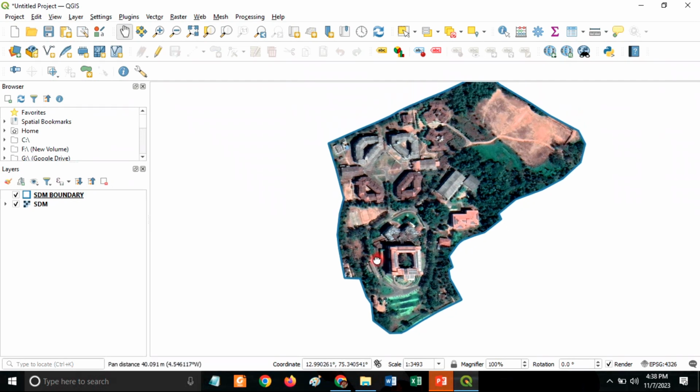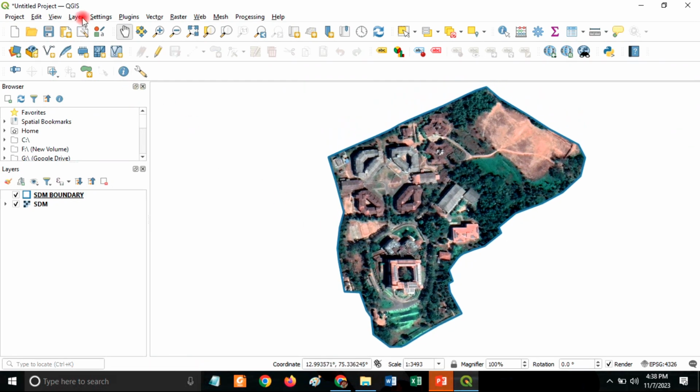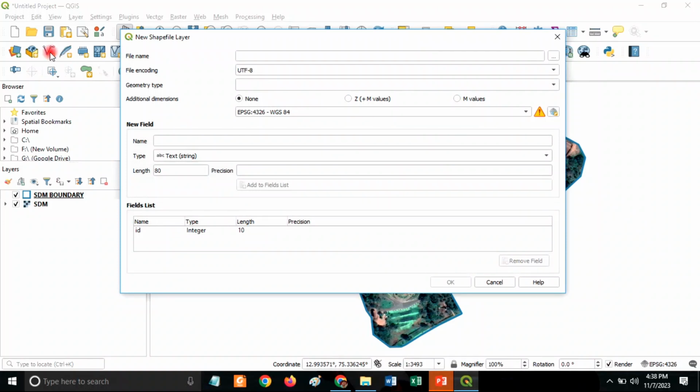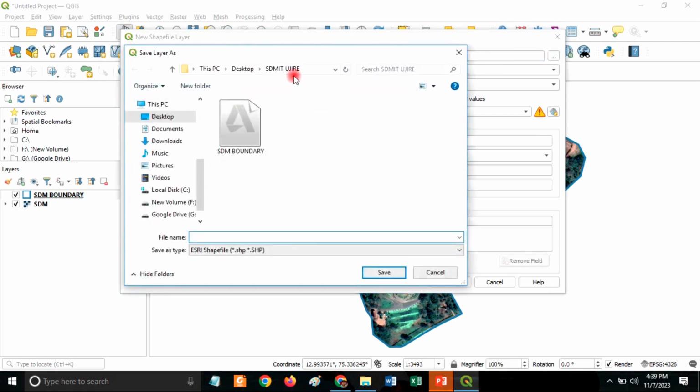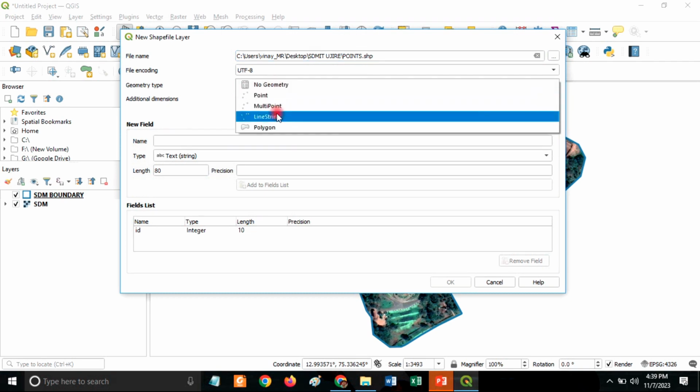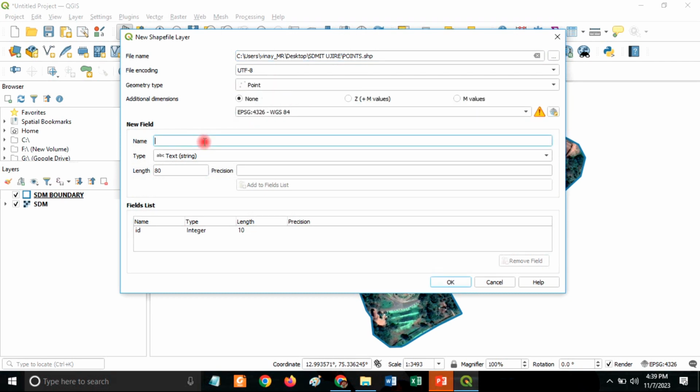To create those layers, I need to go to the Layer option. In that, Create Layer, New Shapefile Layer, or you have the shortcut key over here. You just click on that, and the same window will come up. Then you can go to the file name, click the three dots, and save in the SDMIT folder as points, and save this one. The geometry type should be point. Other than that, the name should be name only. Add to fields list,